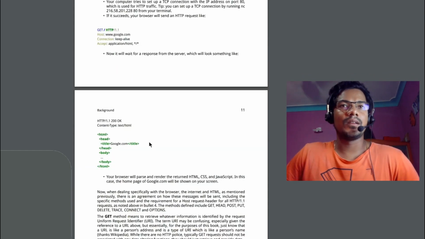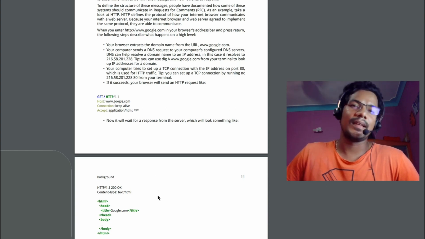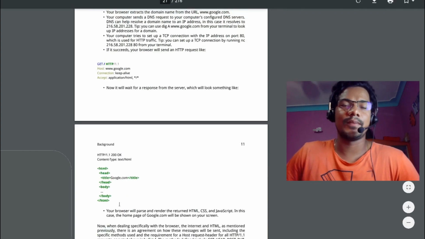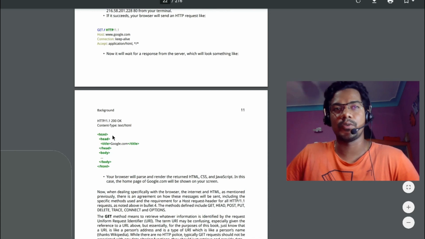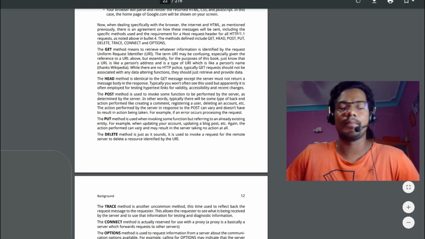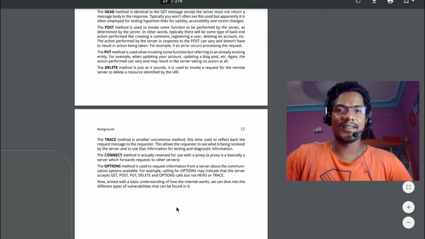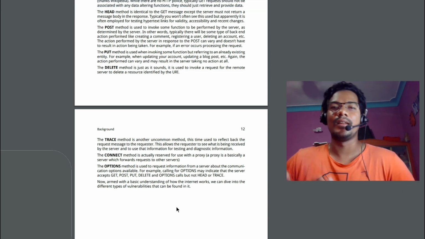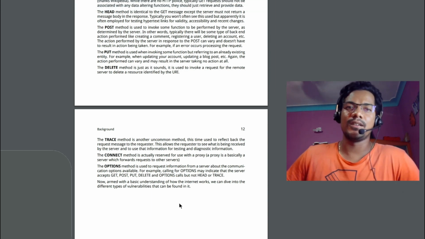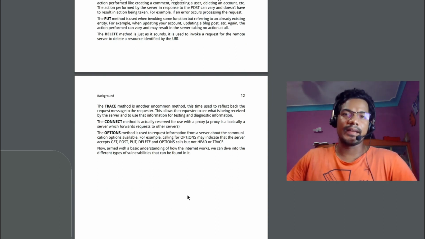So this is one of the basics, where he has explained what a request and response look like, what the HTML code looks like, the response for 200 OK, how the content looks, and different methods: GET, HEAD, POST, PUT, DELETE, TRACE, CONNECT, OPTIONS, and all those things. Now there are some other vulnerabilities related to the PUT method. Probably I will discuss them in a separate video. Basically, you can upload a file and perform various attacks, so that will definitely be helpful for you.